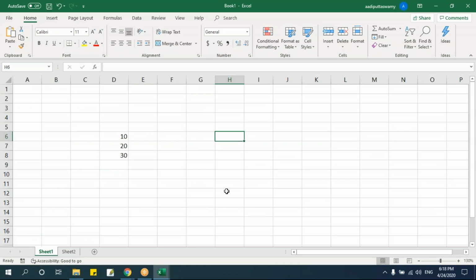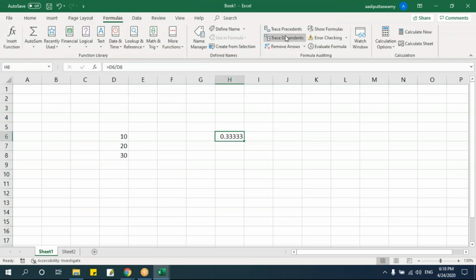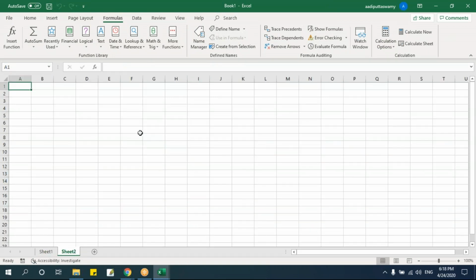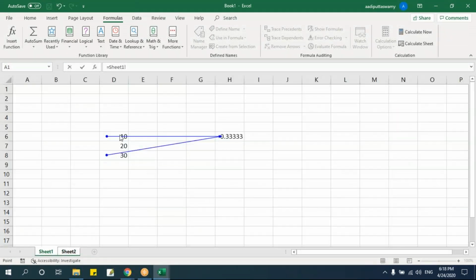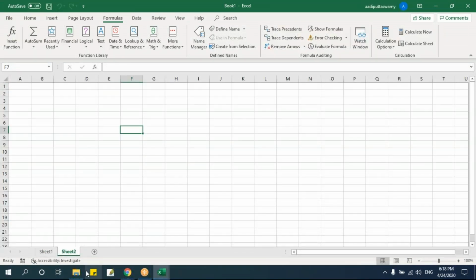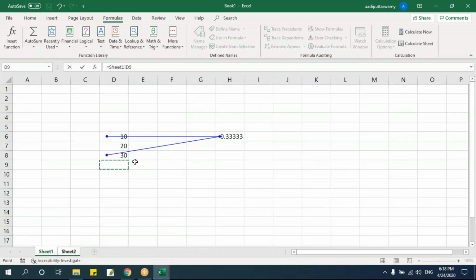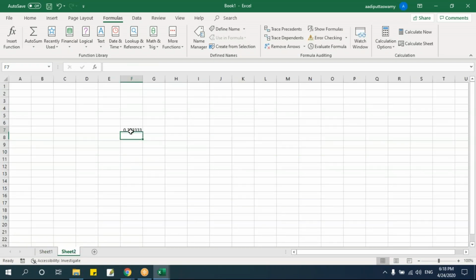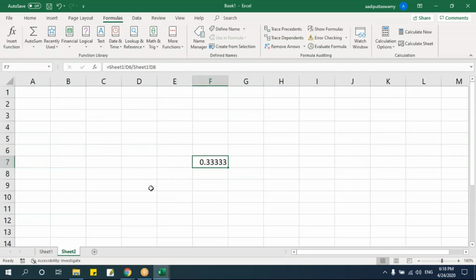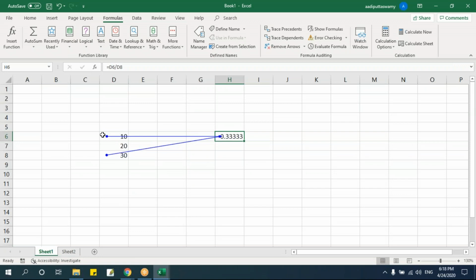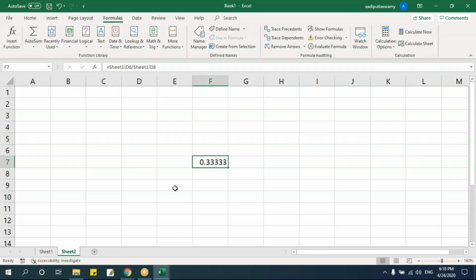Now, if I'm doing in this sheet itself, say equals this divided by this. It is within the sheet. Let me go here, say formula, and if I say trace precedence, it will show these two values. What if I'm doing the same calculation in a different sheet? See, equals this value divided by this value. And see, I'm getting the result here. Now, if you want to audit this, because it was here directly, I got the arrow mark like this. But what if I'm in a different sheet?